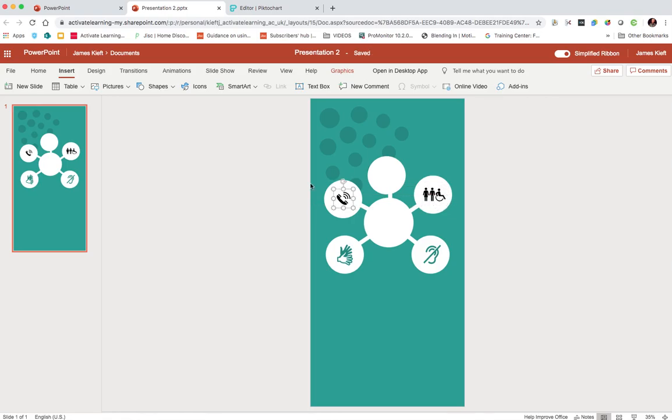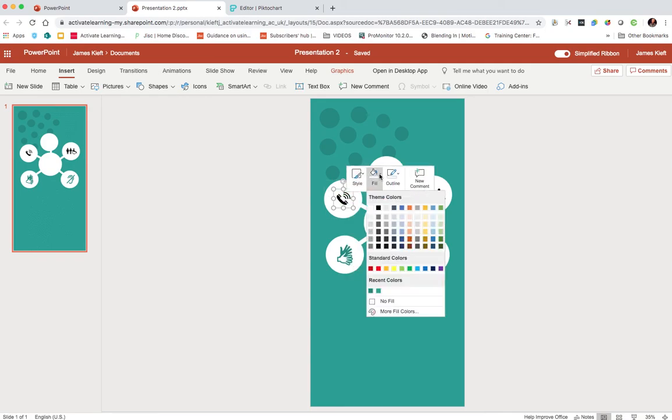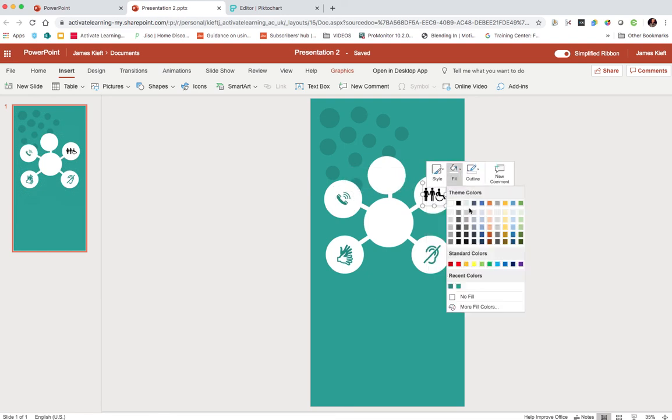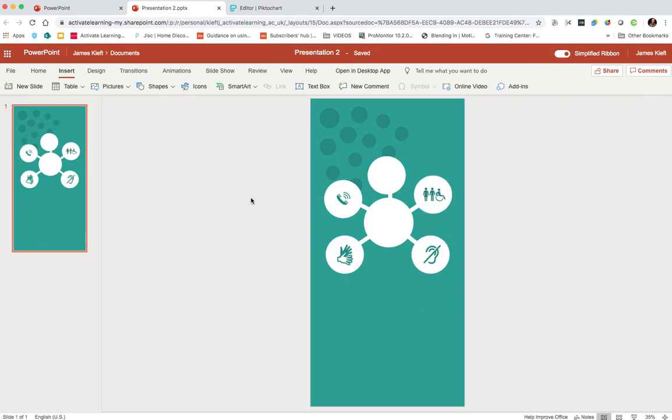And what's nice about using the icons is that your students aren't having to go off and search for something on the internet to use. So again, we'll click on the drop down by the fill and make the colour green, and we'll do the same with the final icon. Right click and select the fill colour, and then we can insert text. So very straightforward, we can add a text box,